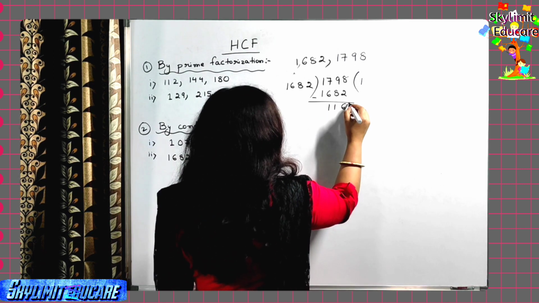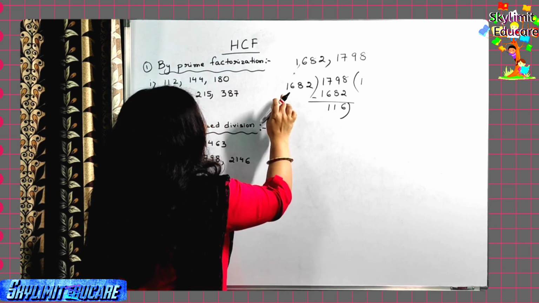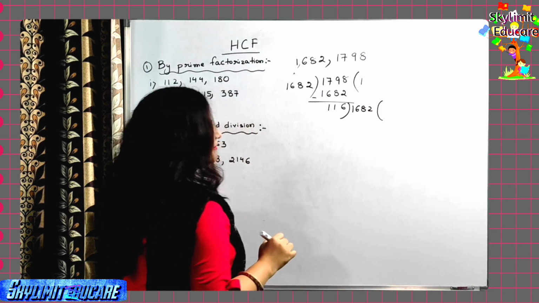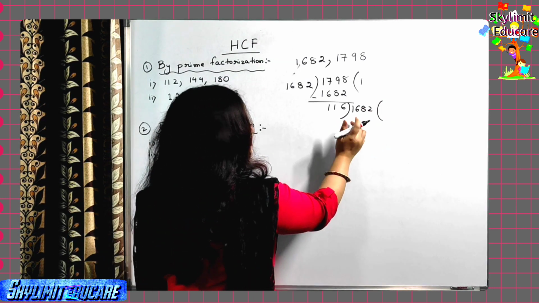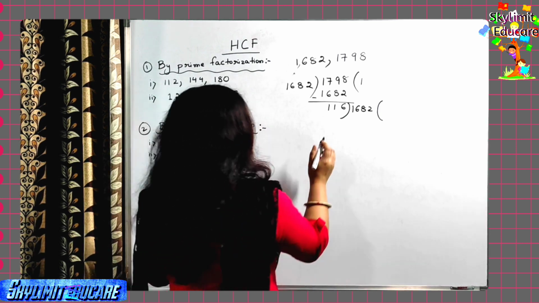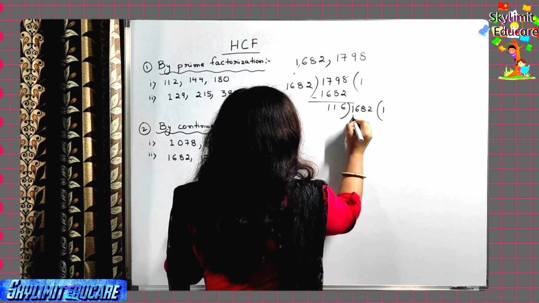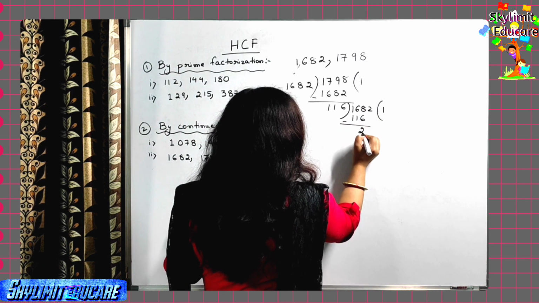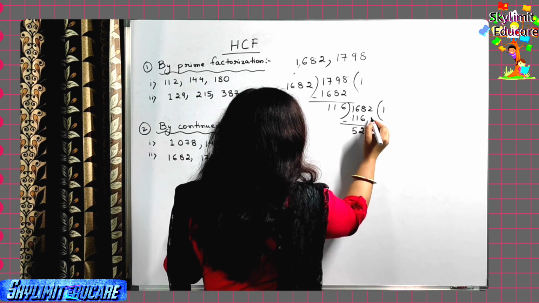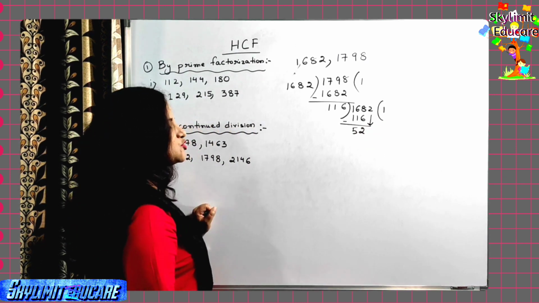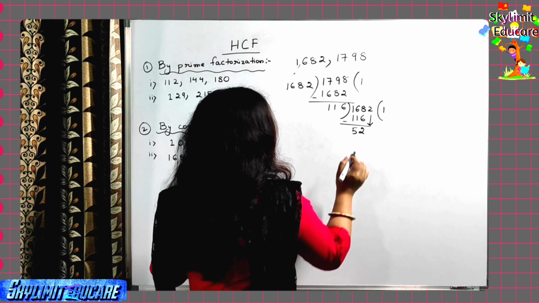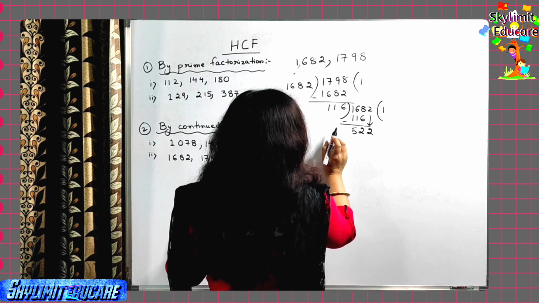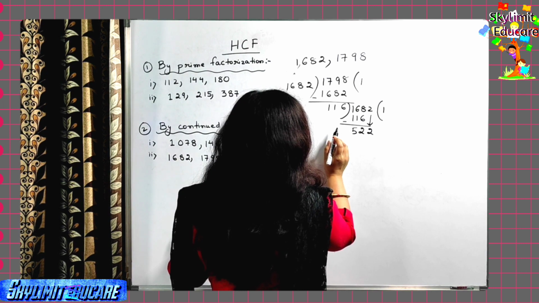The remainder 116 now becomes the divisor, and 1682 becomes the dividend, right? So let's solve this in 2 steps. We can take these first 3 digits first. So 116 ones are 116, right? So 8 minus 6 is 2. 6 minus 1 is 5. 2 comes down. This division is not completed, students, okay? Here I have taken the first 3 digits first, okay? So now the 2 comes down. Let's again divide it. So 4 6s are 24.